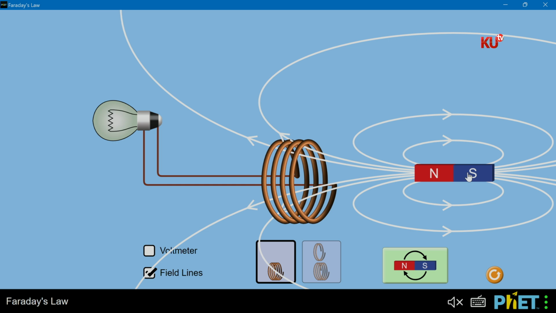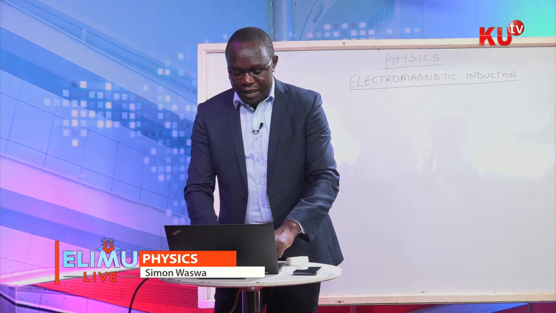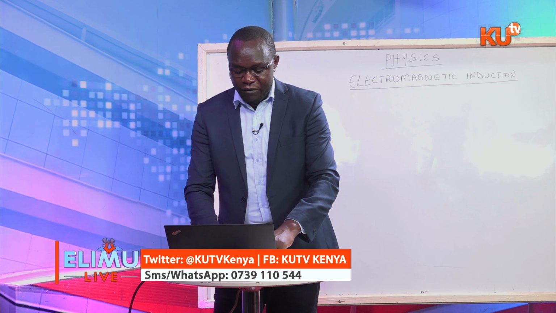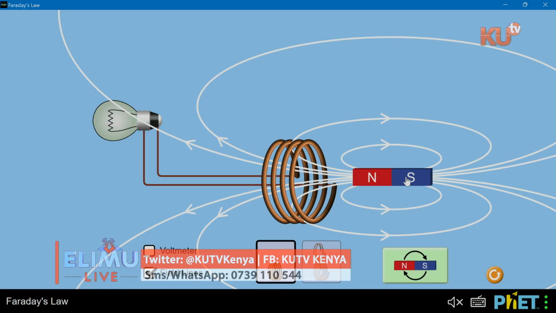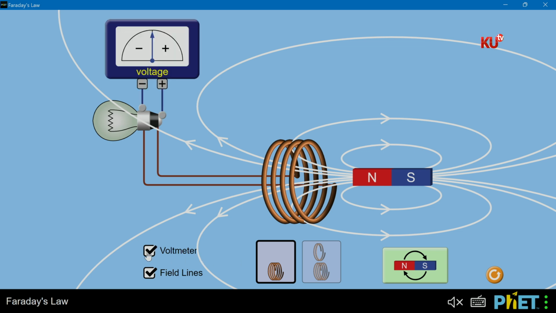Now, why does current flow? It is because the displaced charge flows back to occupy the original position. And so, if we increase the rate of displacement of the bar magnet, we also see the effect that the brightness of the bulb increases. Now, at this point, we also need to determine the magnitude of the voltage. So, if we have